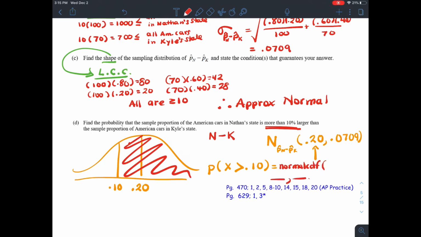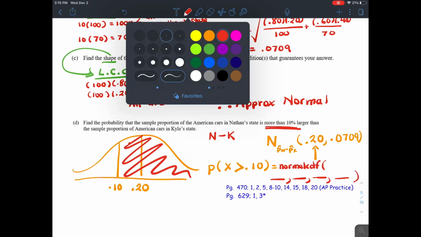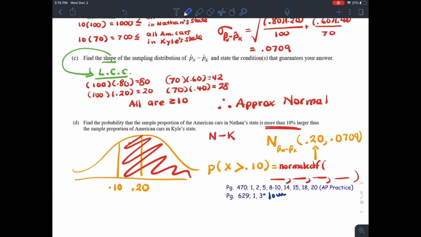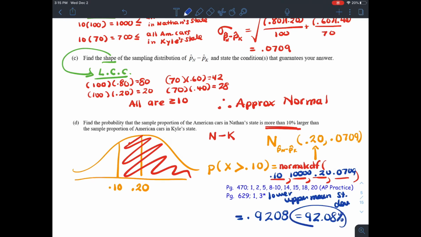Okay, I'm going to do my normal CDF calculation. I'll put my blanks underneath here since I'm running out of space. Okay, we got to put these labels, lower, upper, mean, and standard deviation. Okay, 0.1, 10,000, 0.2, 0.0709, and this ends up coming out to 0.9208 or 92.08%. Okay. You can see the assignment or those review problems on page 470 as well as two problems that